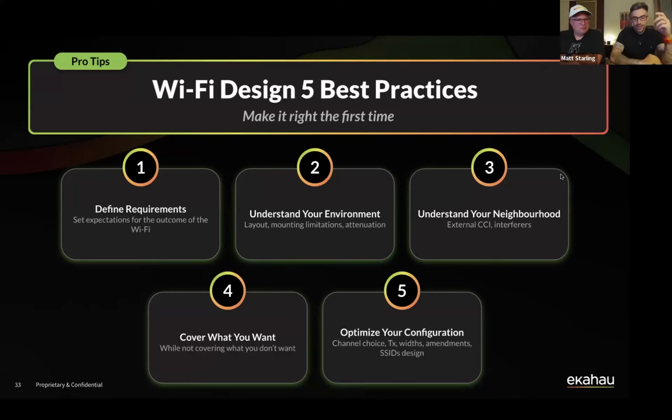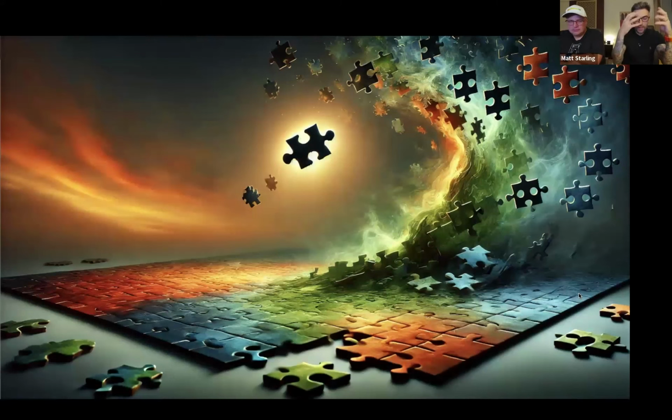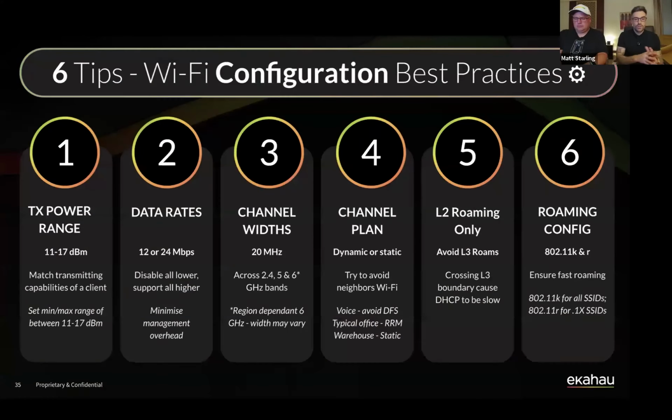Then finally, I would say that number 5 really is the missing piece of the puzzle. You could have done an amazing Wi-Fi design, done a great survey, you're super happy with it, you give it to the install team, they follow your instructions, they install your access points perfectly. However, if you don't configure your Wi-Fi networks appropriately, or to match what you've done in your design, the perception of the Wi-Fi might be that it's underperforming or it's not that great. So I wanted to nearly wrap up this webinar, and end it on some tips around Wi-Fi configuration best practices.